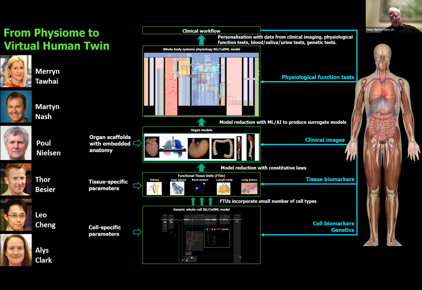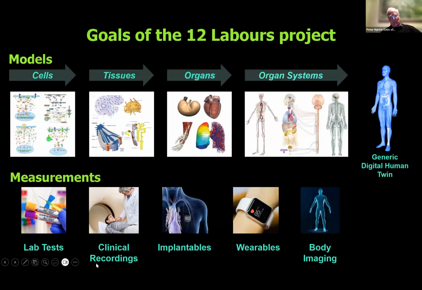I mean, it's very, very early days for this, but I think we are getting in place a framework to handle this multi-scale side of it. And it's also strongly linked with measurement. So the ability to have both implantable, wearable, or clinical imaging devices, for example, that allow the models to be coupled into measurable parameters from a whole range of devices. So the 12 Labours project is very much building the multi-scale framework, but also looking at how it couples into devices and thinking about electronic health records and how we couple into the health system much more.